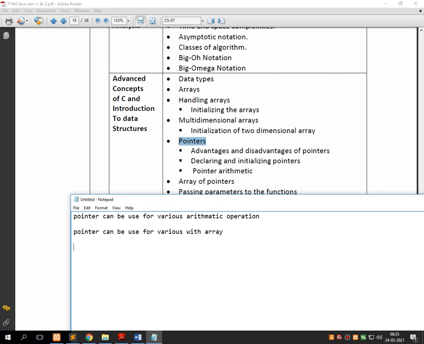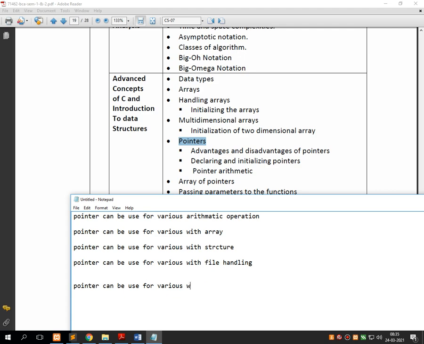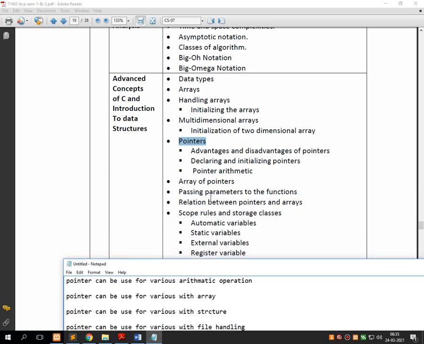Third, pointer can be used with the concept of structure. Fourth, pointer can be used with the concept of file handling. And the last one is pointer can be used with itself. That concept is called pointer to pointer. So all these things are written over here.